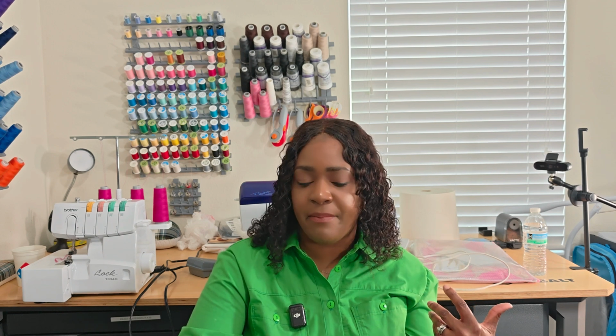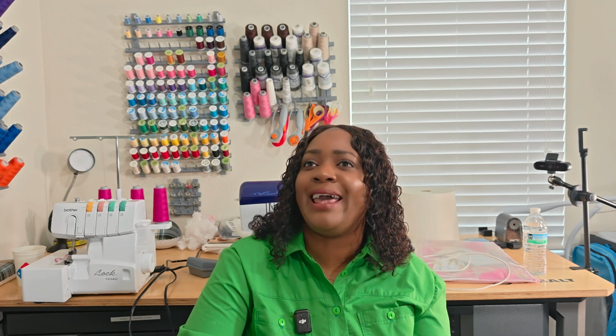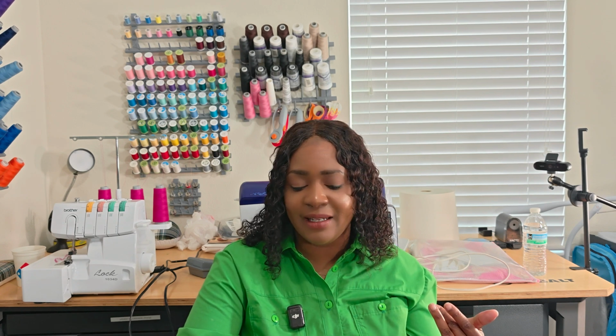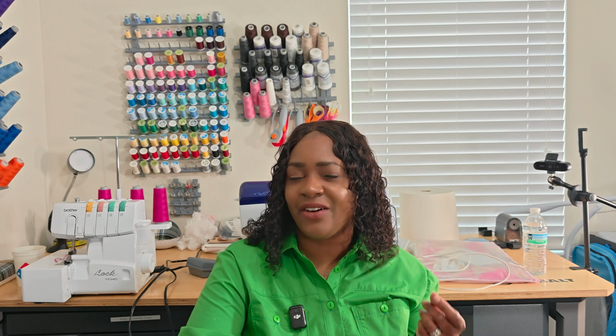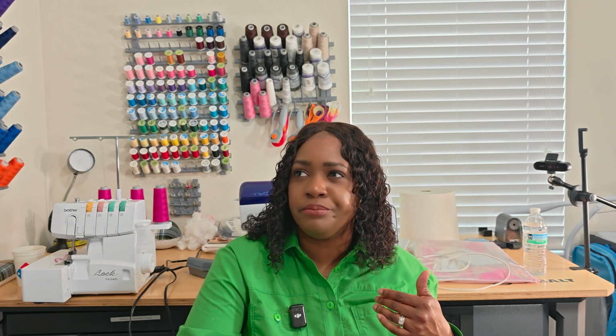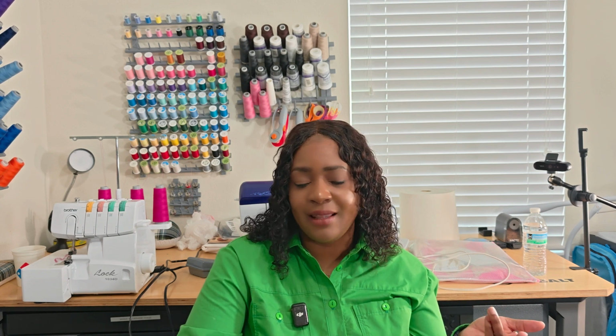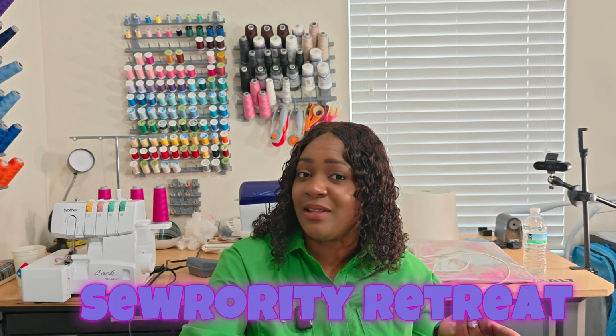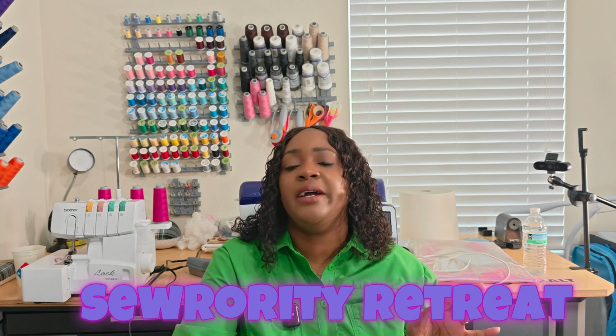All right. It's not a bad pattern, but if I make this again, I would want it in a light purple. Plum is too dark, but more like a violet or a purple or a lilac. Those colors, I think this would be really good for that. I can't see myself making this shirt in any other color, maybe a bright pink. But other than that, that would be good for the sorority retreat, even though it just happened this past weekend. All right. But anyway,